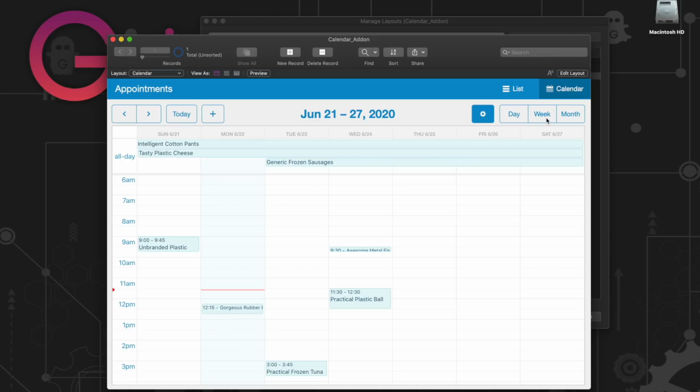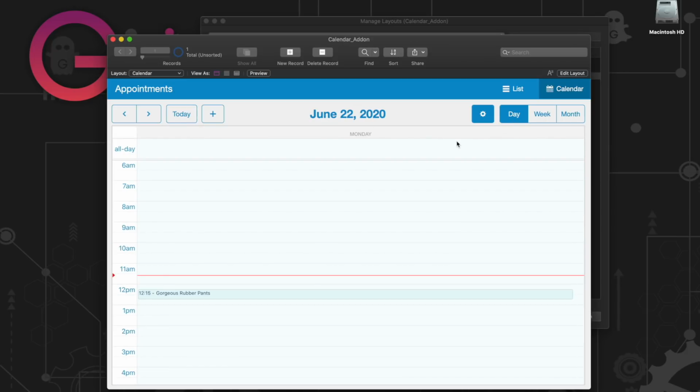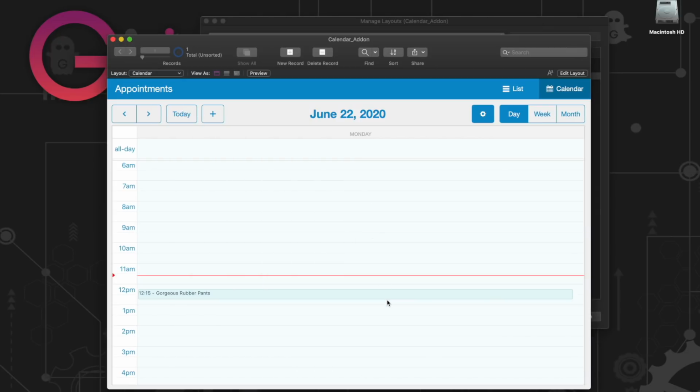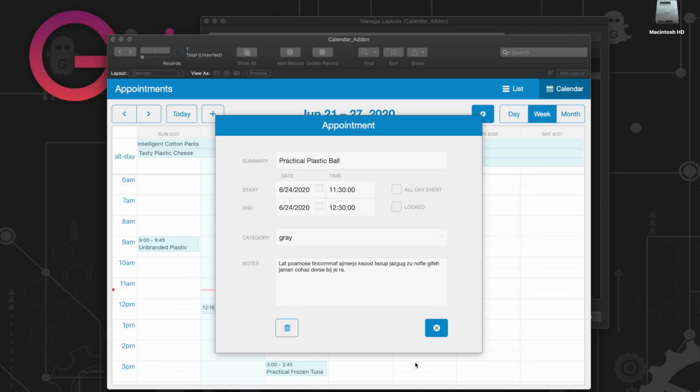So now this is actually using the data from my sample table. Not my sample table, sorry. It's using the appointments table, and it's using the card that I configured so that if I click on any of these, we're going to get that card window. So that's it. I set up a basic configuration between an appointments table that I had in my file and